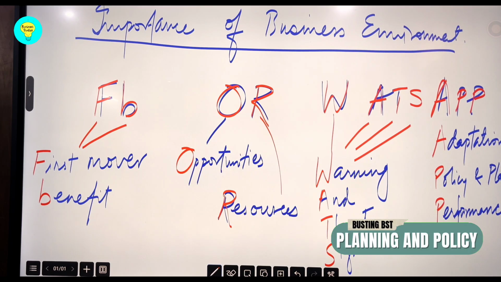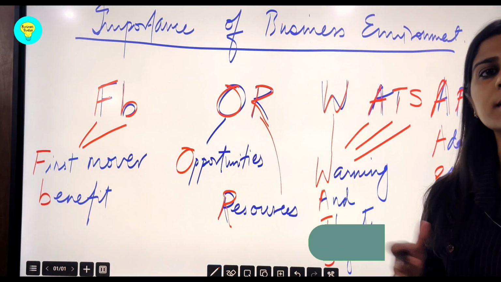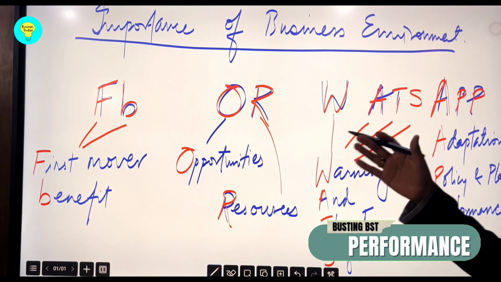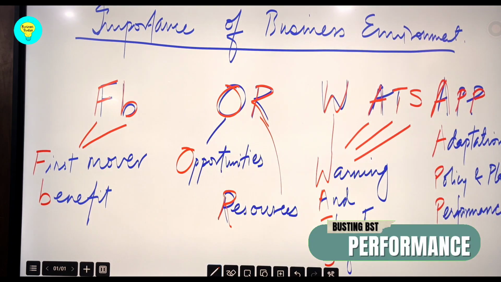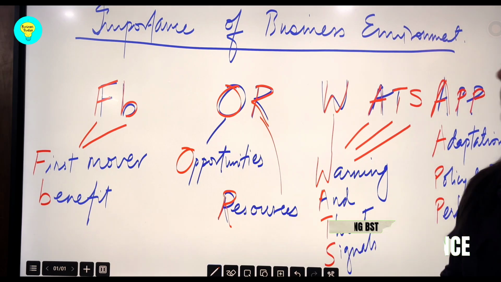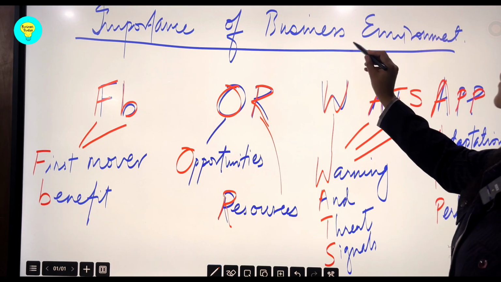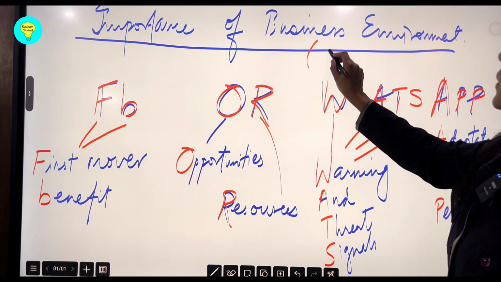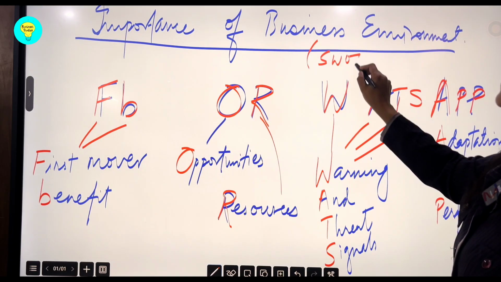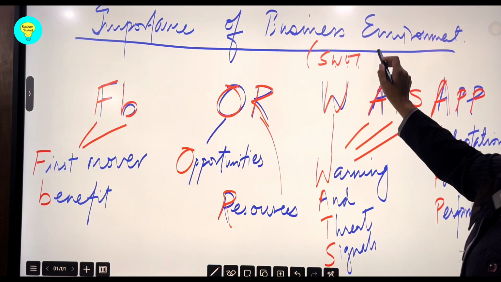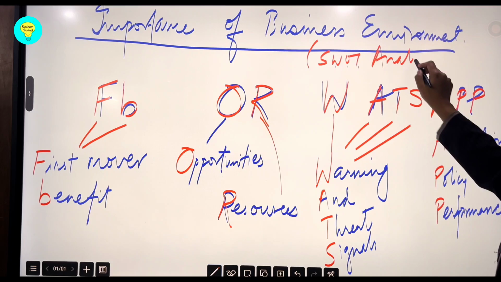So students, we are basically reading out the importance of business environment, that is why we should study the environment and its different components, and these are the importance or benefits of such a reading and analysis that we also call SWOT analysis. So basically the question is talking about why this SWOT analysis, strength, weakness, opportunity and threat analysis, is important,